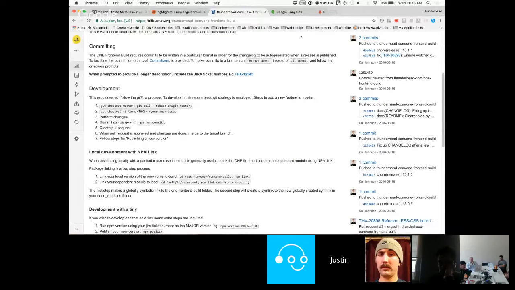Yeah, the other way I was doing it was when the first prompt asks what's the topic of this commit, just put the number in there. Yeah, that's a good way to do it too. So as long as you get it in there somewhere, it'll be part of your commit message, and it will hopefully get picked up.